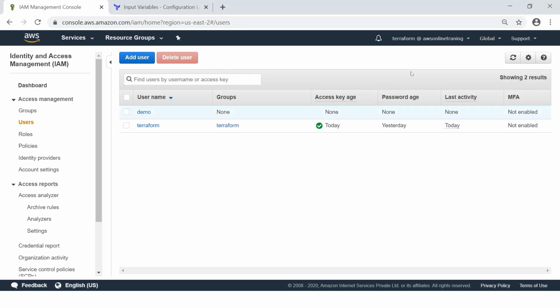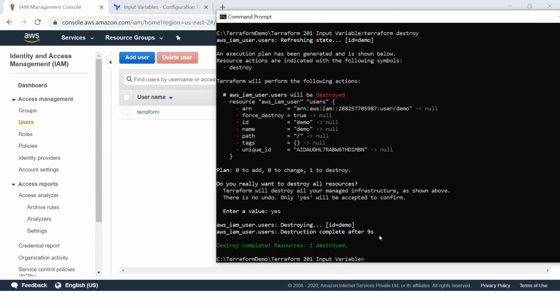Yeah. If I do refresh, those demo users will be removed. Now,